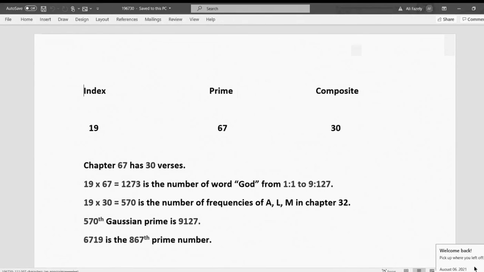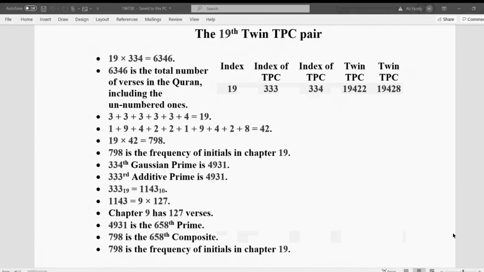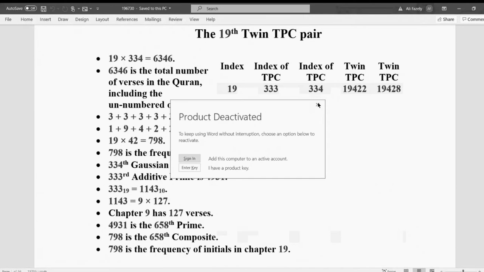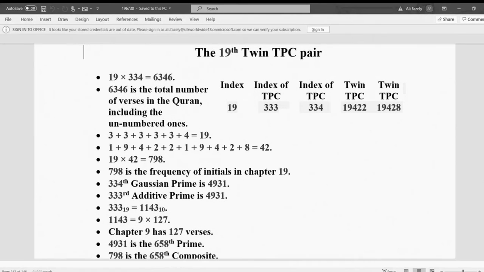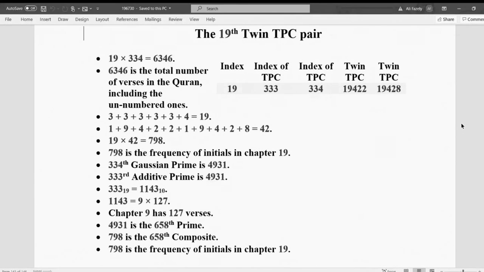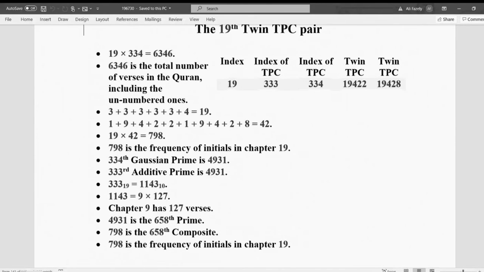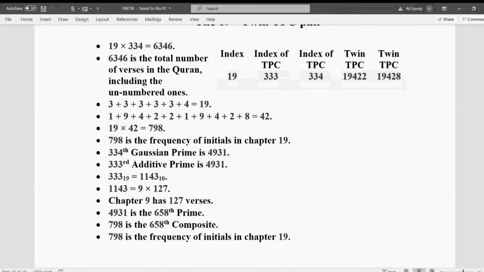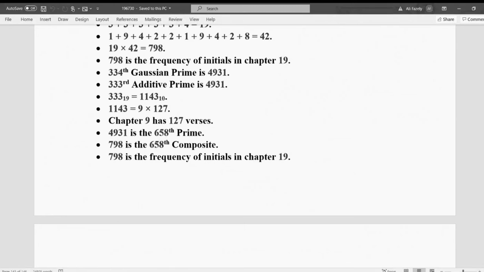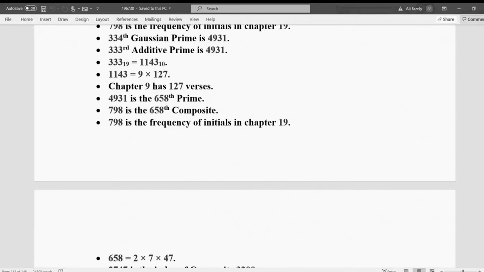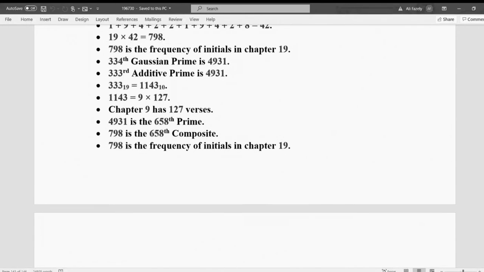Let's see. I stopped in the middle of explaining the mathematics last week, so I'm going to go on and give you the other half of it today. And so last week what we did was we generated the